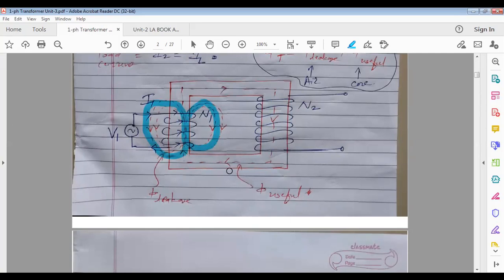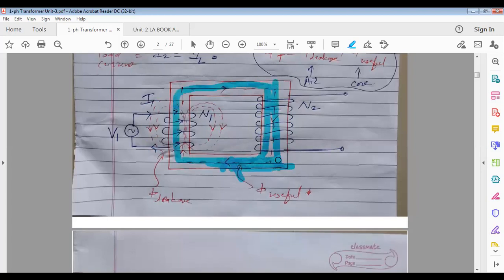Whatever silicon steel material we are using for the manufacturing of the transformer core, its relative permeability is in some thousands. I think it is approximately 3000, slightly less or more than 3000. So you can compare, consider 3000. So 3000 is the relative permeability of the magnetic core material and the relative permeability of air is 1. Lots of difference is there, isn't it?